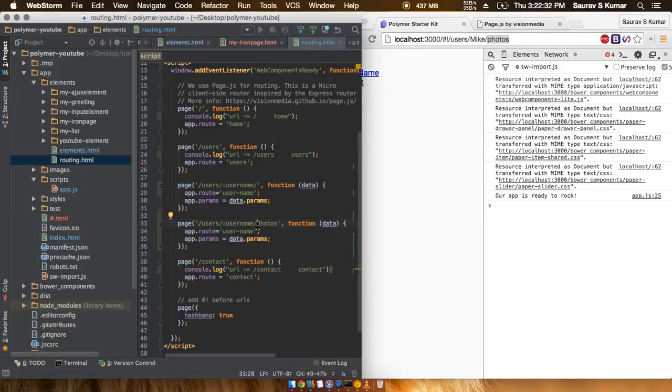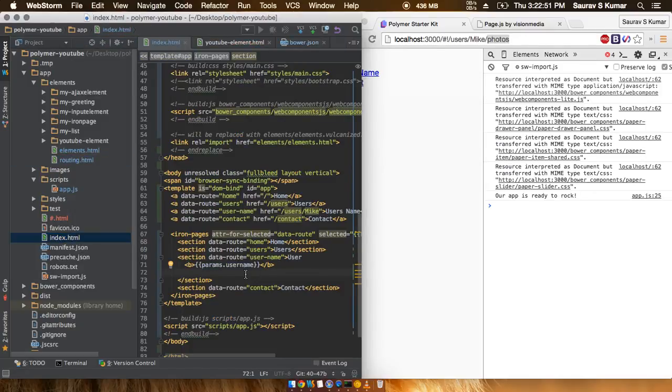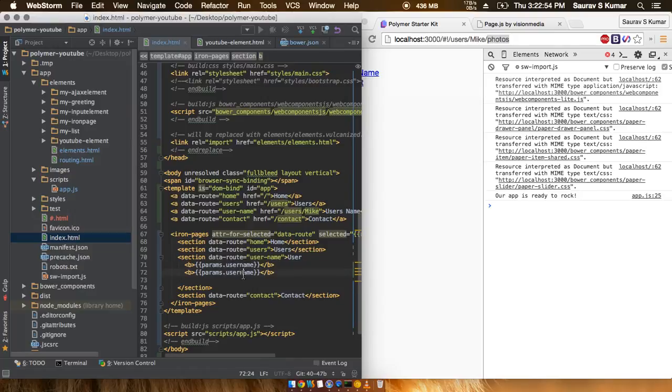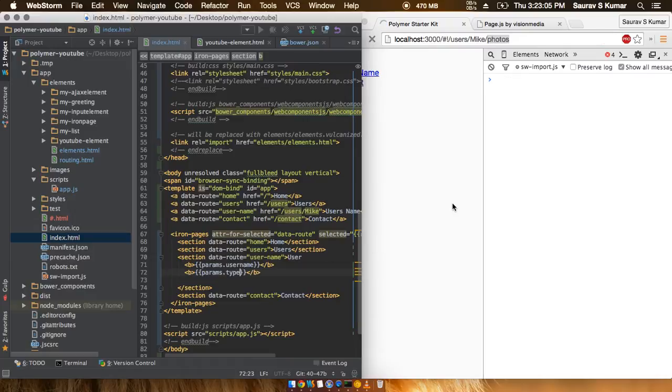Since we know that we have to put a colon to get a variable, all we have to do is put a colon out here and give this a type. You can type in anything out here, and I've given this variable a type name. Then again you just head over here, copy this part and give this a type. Now I've gone ahead and mapped both these things to the URL,